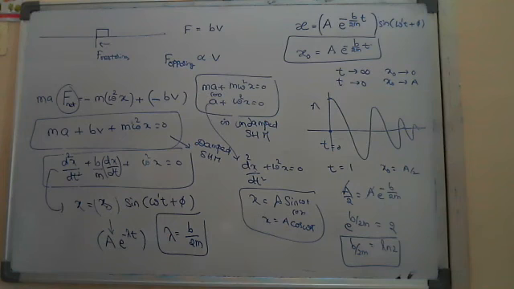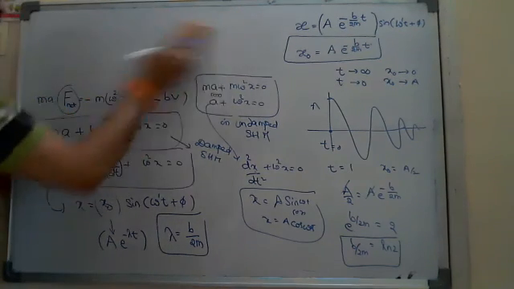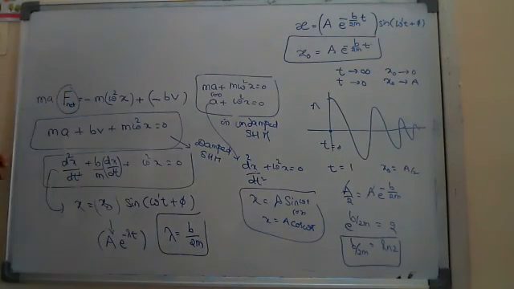But he is not asking b by 2m. What he asked, find out the time constant. Time constant, we don't know who is this time constant. If you observe it back, then try to recollect, Nana. I think you know the damping of current in LR circuit and the damping of charge in CR circuits.